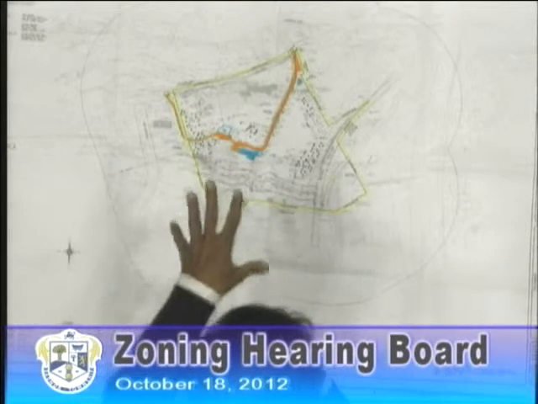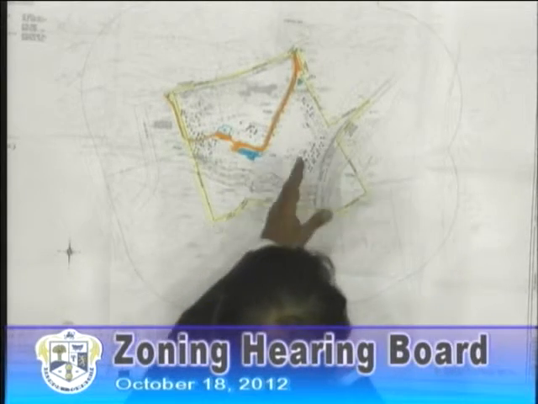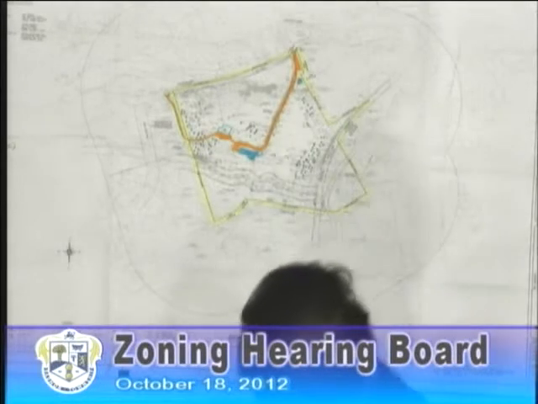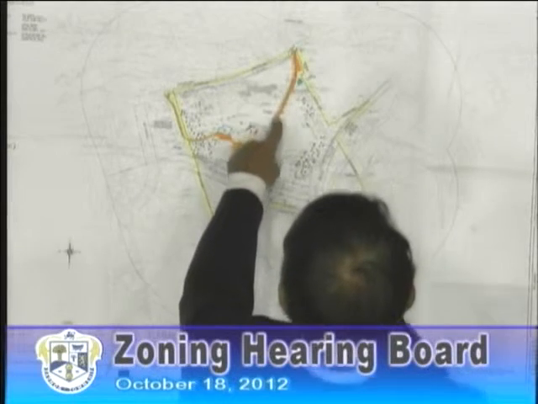Yeah, this is an orientation of this. This is a reduction of the plan I showed you, the aerial photograph. But again, Newtown Road is to the north, Chandler Lane is to the south, Sproul Road to the right, east, and the Radnor Friends to the east as well. The orange line that you see is the existing driveway that begins at Radnor-Chester Road and Newtown Road, where it currently comes down into the site